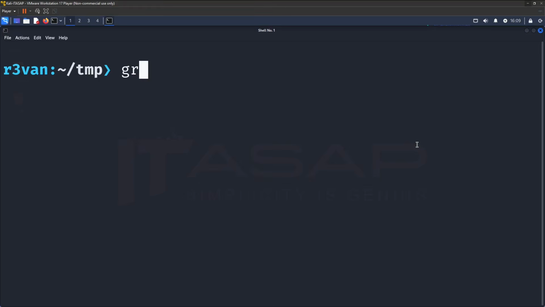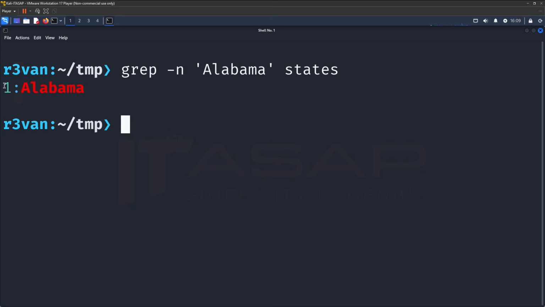If we type grep -n Alabama in the states file, we will get the line number that the pattern Alabama is sitting on. But when we type